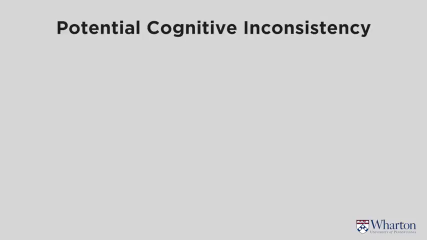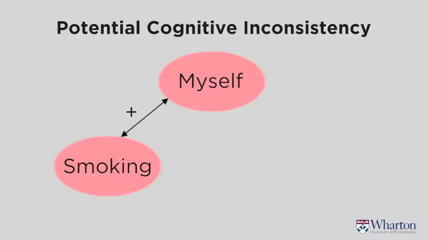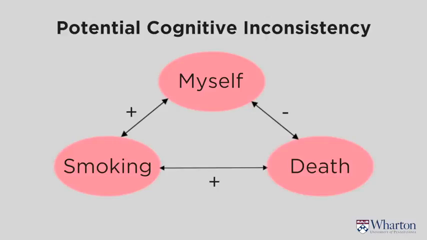And it had to do with people's attitudes towards smoking. So this is a psychological theory here. Let's assume I'm myself, and let's say I smoke. And let's say that I know that smoking causes cancer, cancer causes death, and I don't want to die. Now, if that's the case, how do I justify that I smoke? Because there's this inconsistency. I like myself, I don't want to die, I think smoking causes cancer. Something doesn't work.